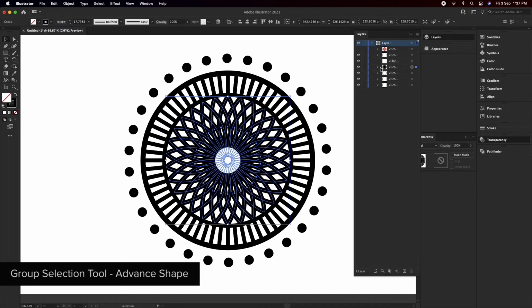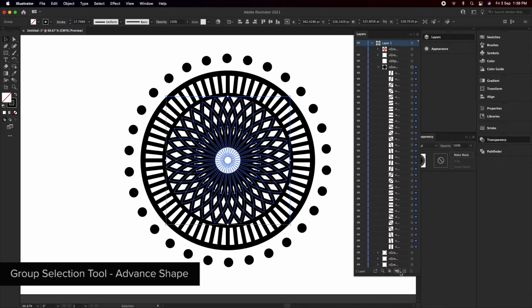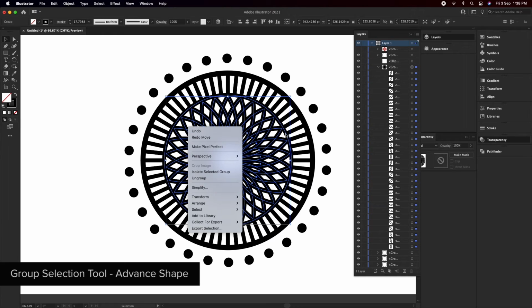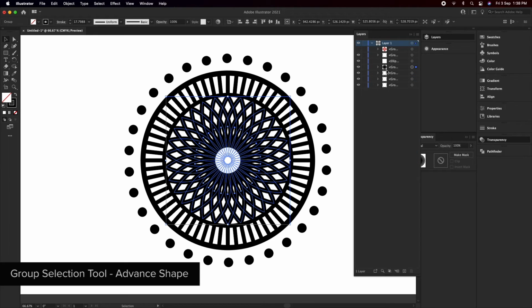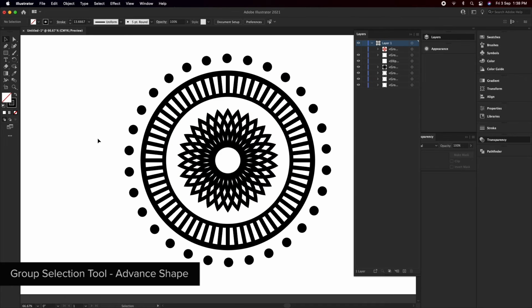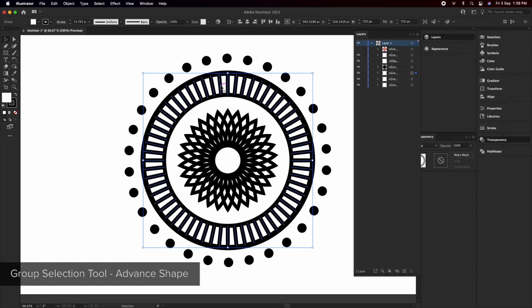Now imagine if you ungroup it and change it manually. It's going to be very difficult to locate which design you are working on. But if it's grouped, it's very easy to simply select that design and make the changes. Now let's select the group selection tool. I'm going to exit it out once. Right now it has selected all the elements. If you select outside,